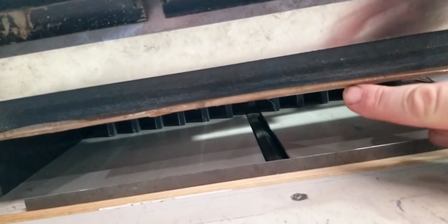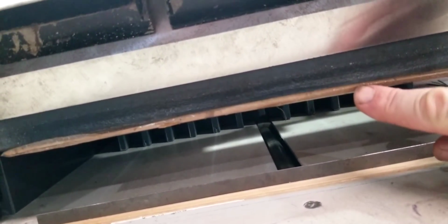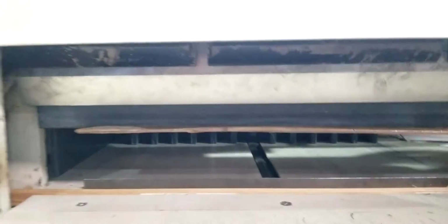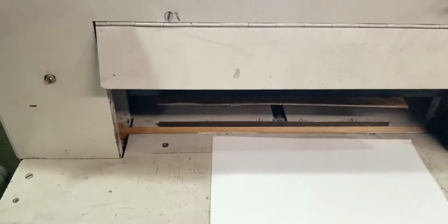Then I took about 4 sheets of, I believe it's 22 point, chipboard backer that you use for notepads. Put that onto the clamp with double-sided sticky tape. Then you set your back gauge where you want your score to be, and it'll be pretty close to what your dial says. Slide that in there,